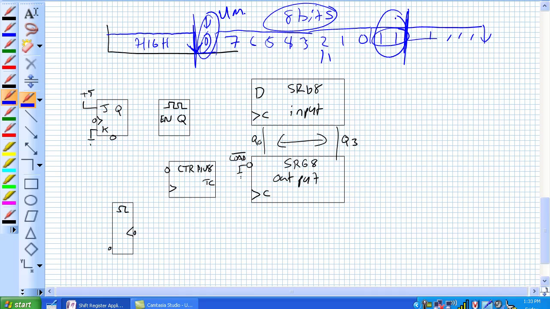So what we want to do, here's our data coming in. That's our data stream coming in. Obviously going to tie it to D, but we want to recognize this thing right here, the high to low transition. And how we do that is this little JK flip-flop right here. So it recognizes, that's D, it recognizes that first low transition. So what happens there, it's on 5 and 0, so it sets that thing, and that goes to the enable